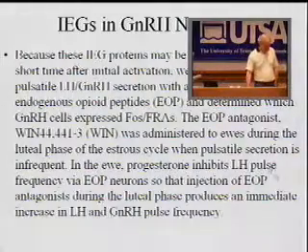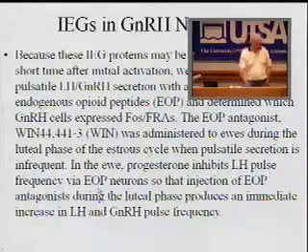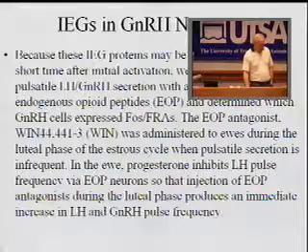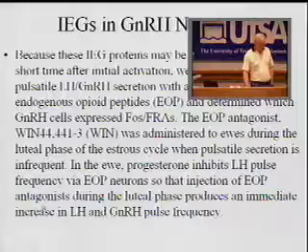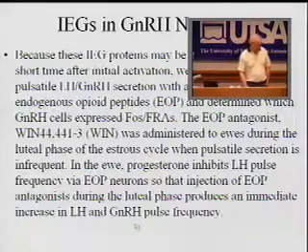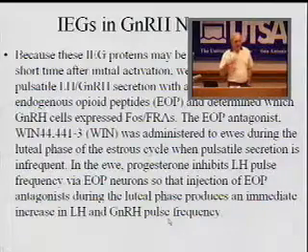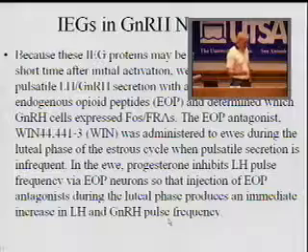The progesterone inhibits the LH pulse frequency via the EOP neurons, so that the injection of the EOP antagonist directly into the luteal phase produces an immediate increase in the LH and the GnRH pulse frequency. And it should be turned around the other way. You are disinhibiting the GnRH neurons. They take on a higher frequency pulse firing rate,